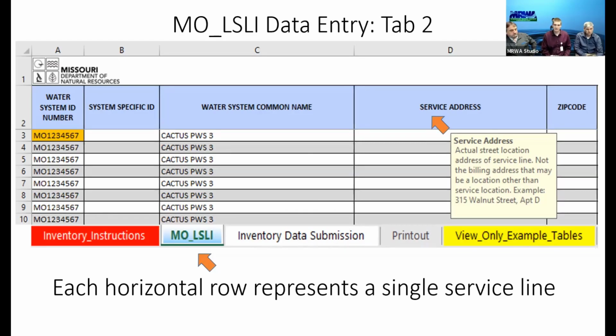If you need to split your service address or zip code, we had a lot of systems copying their service address, maybe from a billing spreadsheet. Just be careful that you're not pasting the formatting from that billing software onto the spreadsheet, because when you paste something, you're overwriting those cells. If you're pasting multiple columns and there's only one column for the address and a separate one for the zip code, you can separate those out easily using the Flash Fill function in Excel. You can paste as text only, and there are great tutorials online, or contact me if you need a link.